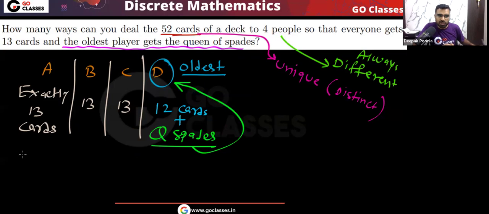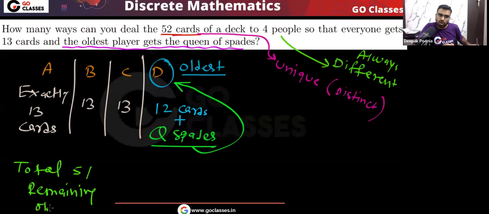So now how many total objects remaining? You can see a total of 51 remaining objects, the cards here. Already the Queen of Spades has gone to the oldest player, that is player D. So from the 51 remaining cards, we want to distribute 13, 13, 13, 12.